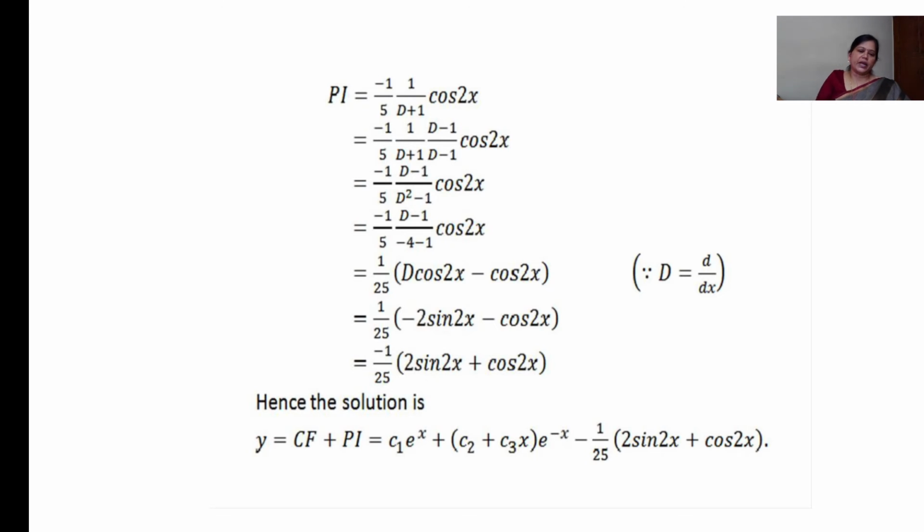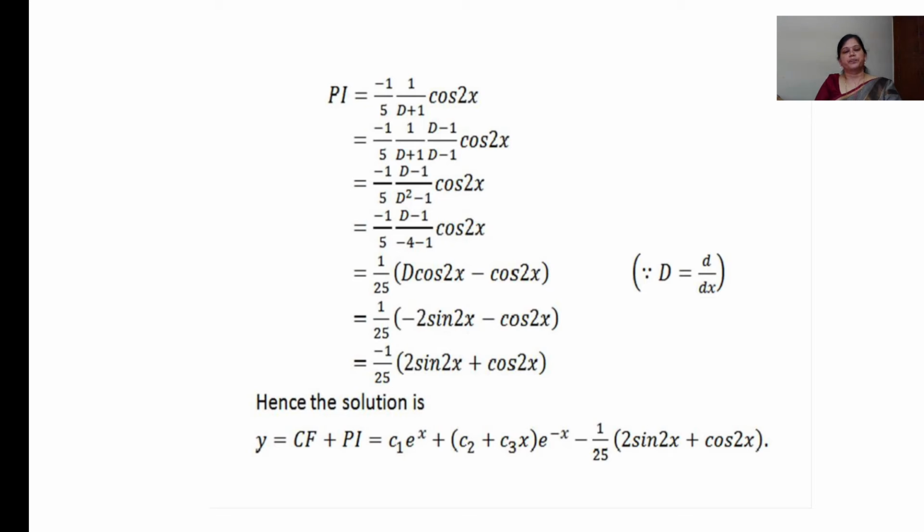So now after finding the particular integral, we are going for the solution of the given equation. The solution y is equal to the complementary function plus the particular integral, that is c1 e to the power x plus c2 plus c3 into x e to the power minus x minus 1 by 25 into 2 sin 2x plus cos 2x, is the solution of the given